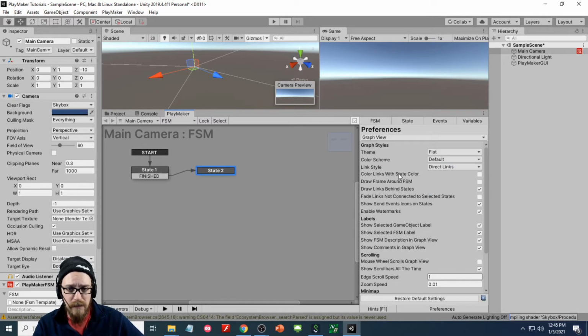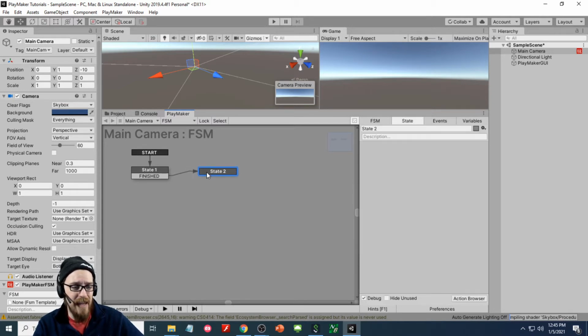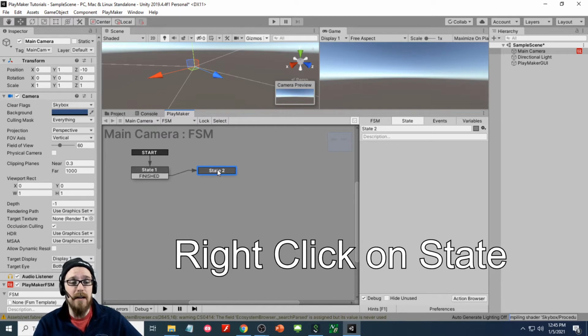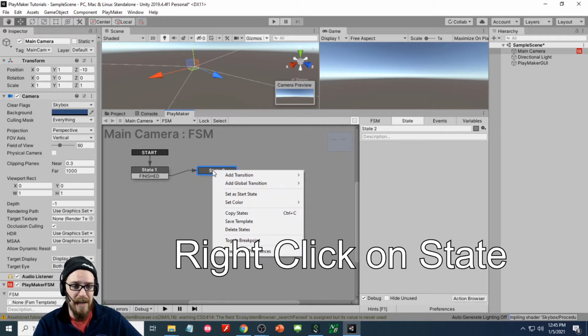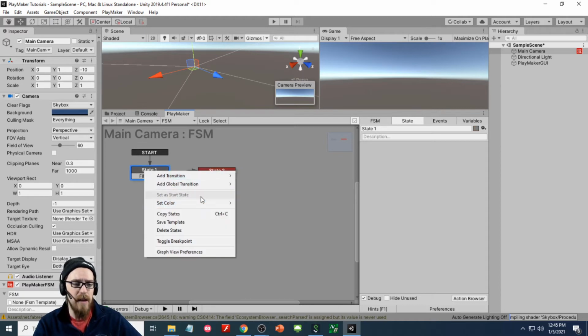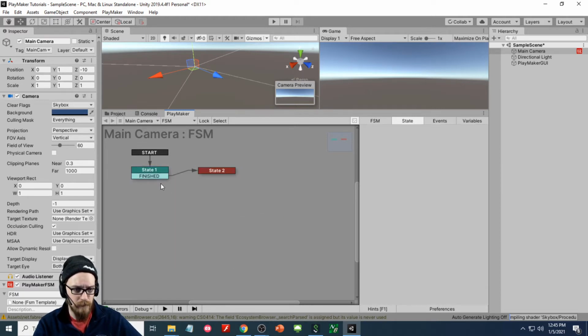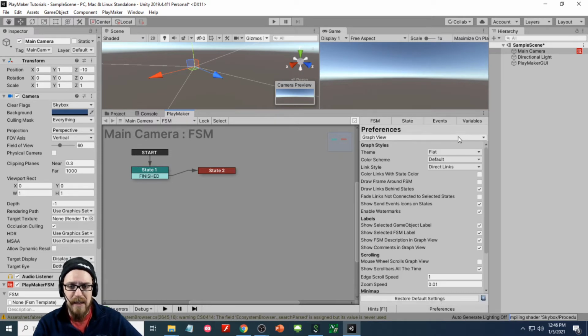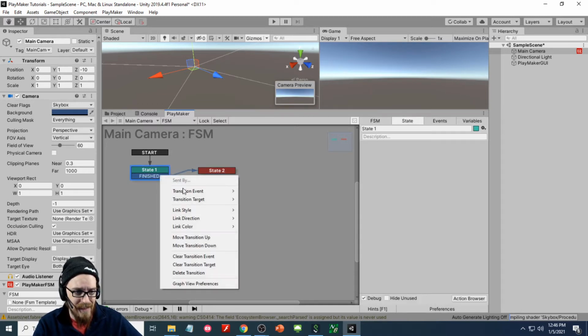You can also color links with the state color. So let's say one way to organize your FSMs, because some FSMs I've had have a ton of actions in them, but if you watched my previous tutorial, some of my FSMs have just one state. So when you have multiple states, sometimes you want to organize them by setting the state a color. So like I can make this one red and maybe make this one green. All right, and one of the things it will do is you can tell it to color links with the state color. So if this is being linked to here, I can actually set this link color to red,